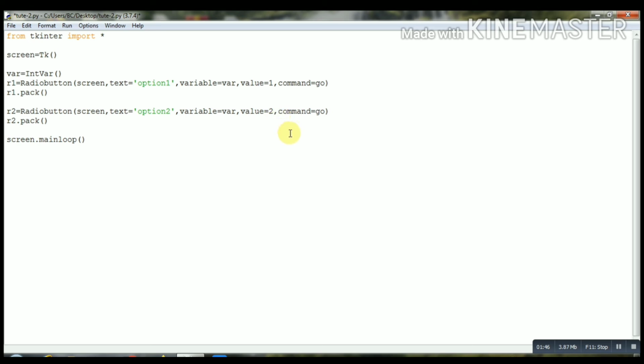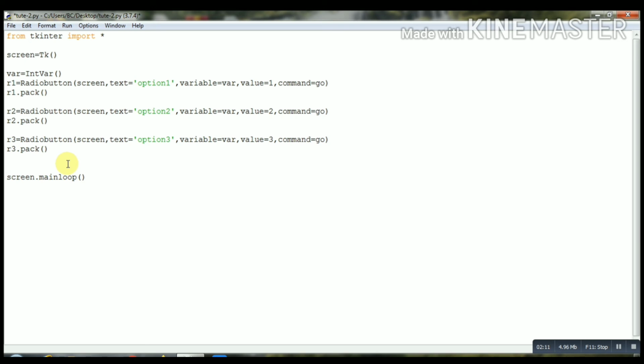Now let's create a third one. Paste it here, name it as R3, text as option 3, and value as 3 also.